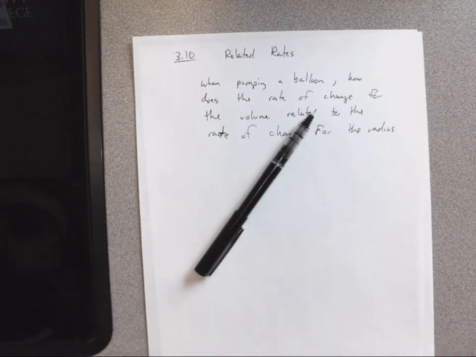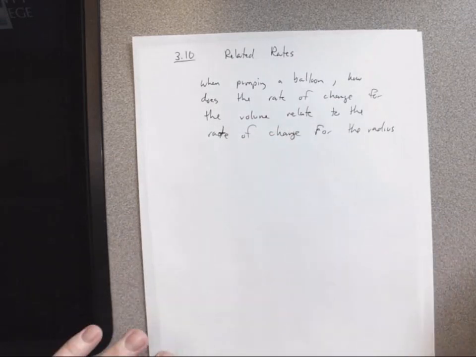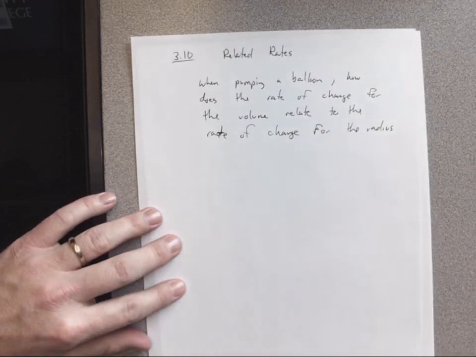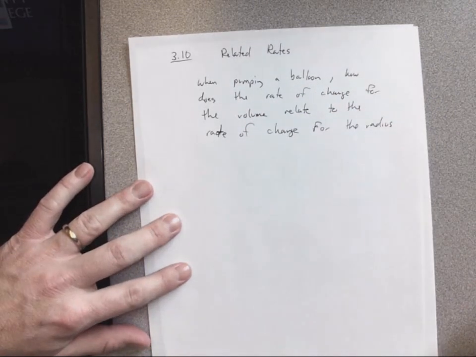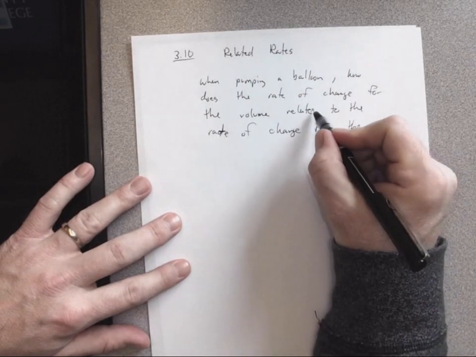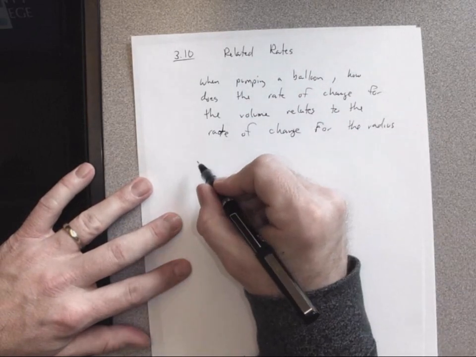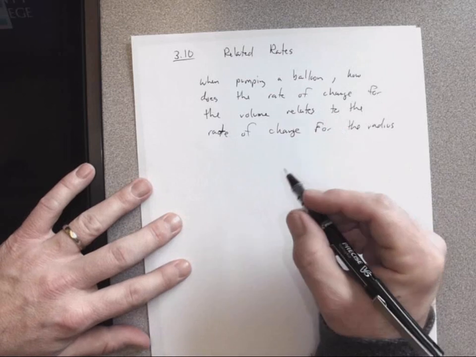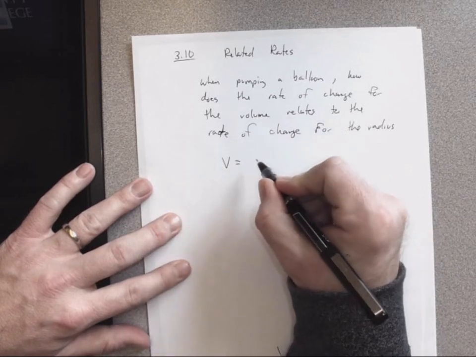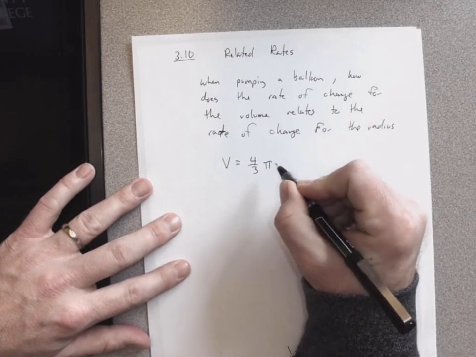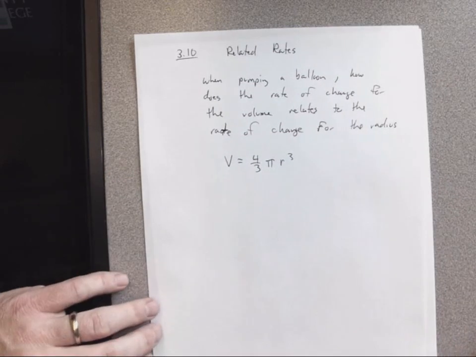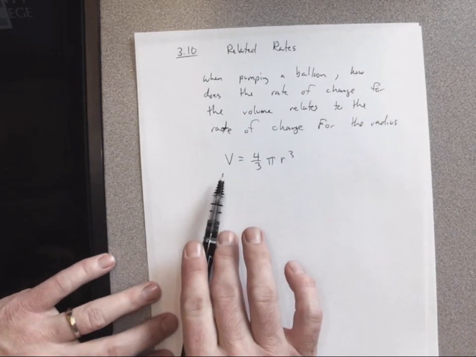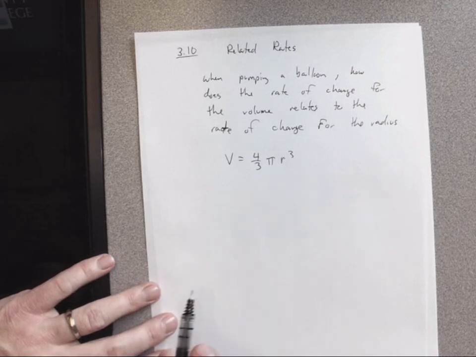All right, so crazy stuff happening right now. So I want to know how the rate of change of the volume relates to the rate of change of the radius. So what we know is there is a volume equation. I know that volume is equal to 4/3 pi r cubed. And you could look that up or just ask Google. This relates the volume directly to the radius, but I want to relate their